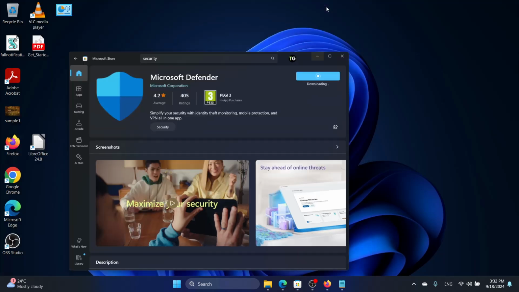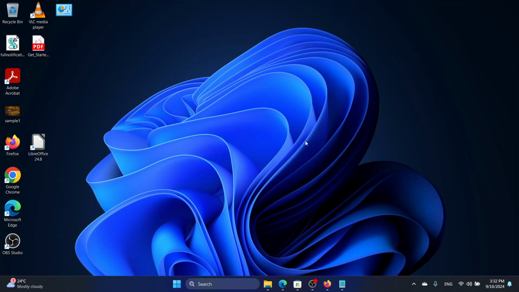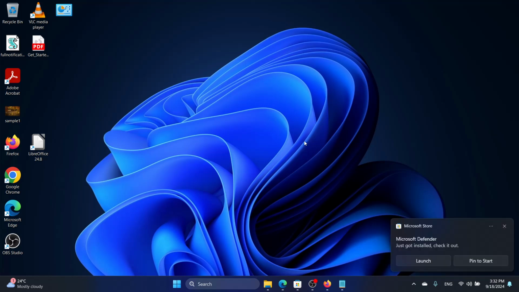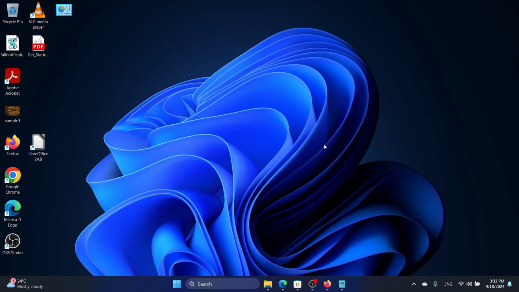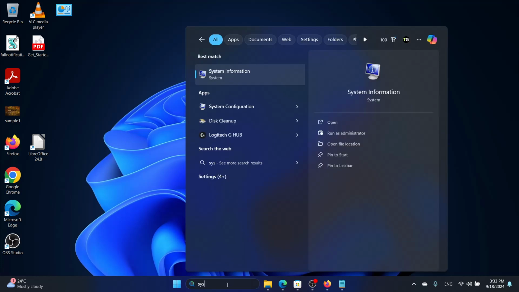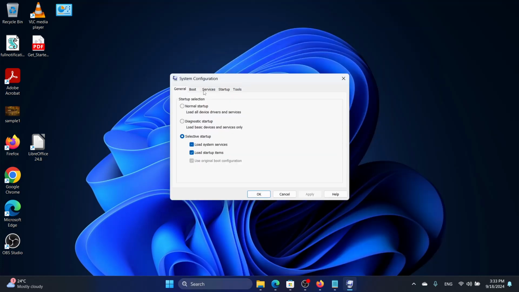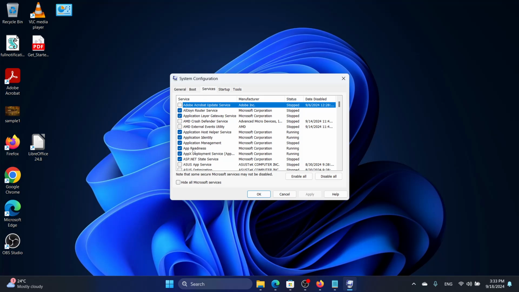Now finally we will run Windows Update but in the clean boot configuration. If none of these solutions worked, which they mostly should, the last option is to run it in clean boot configuration. So I will look for system configuration and then I will click on services